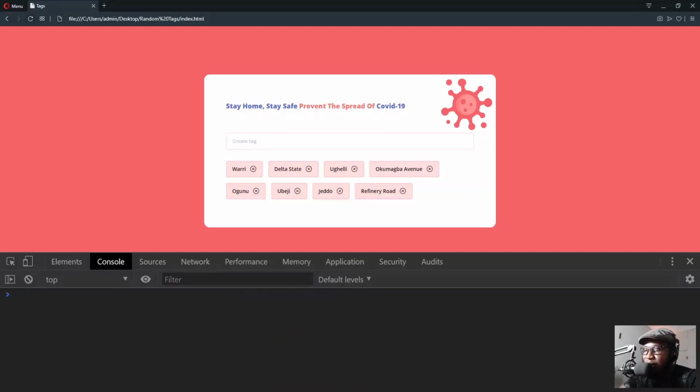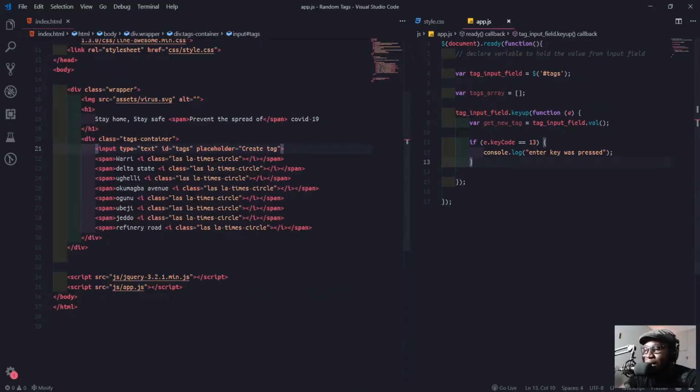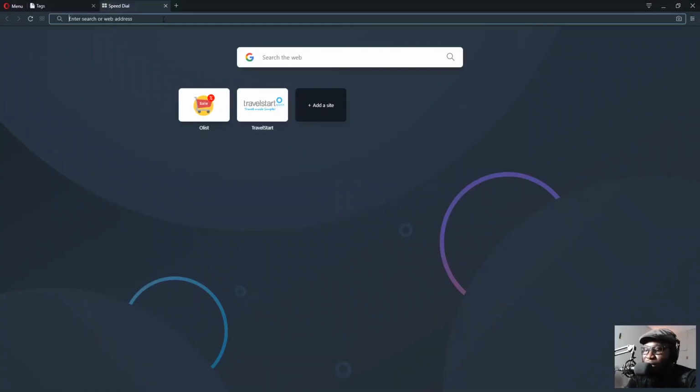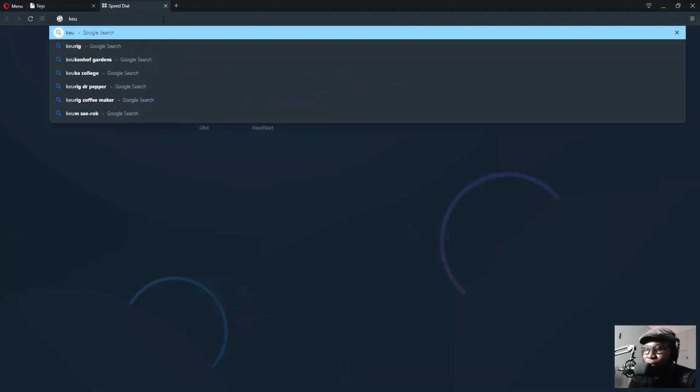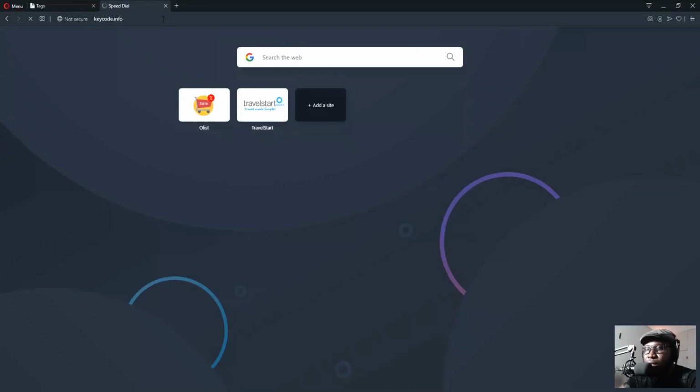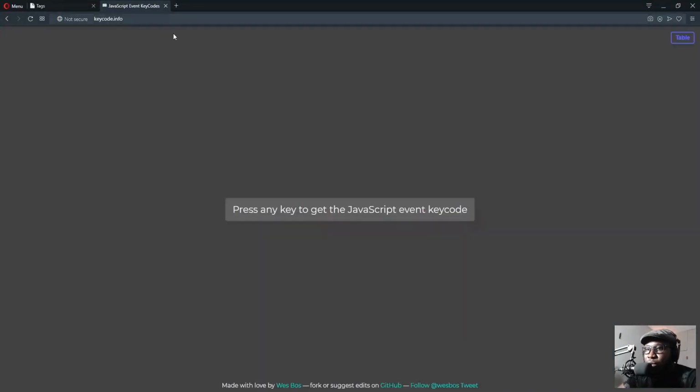Don't think you have to cram all this into your head. I'm not cramming it in my head. If you want to know all these key codes, I know one website, keycode.info. You press any key to get the JavaScript event code.